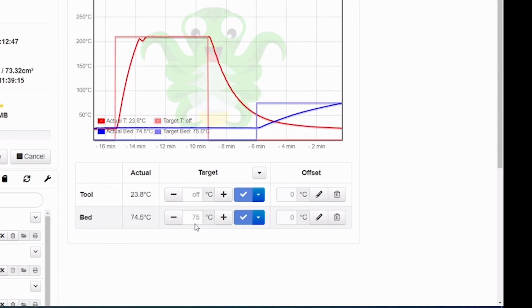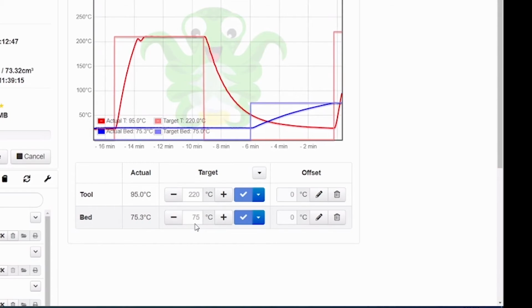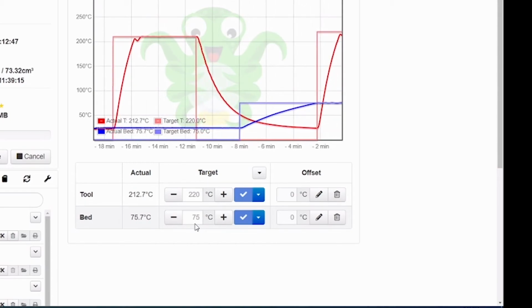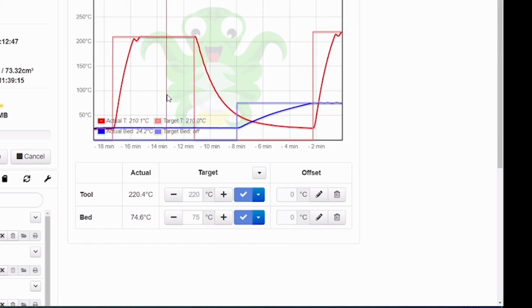As you can see, it's almost to temperature now, and when the build plate reaches the proper temperature, the computer will start the heating process for the printhead, which as you can see is up to 220 degrees, which won't take the printhead very long to reach. The build plate is much larger. The printhead has a very small area that it needs to keep hot, and so that can happen much faster. And it reaches a point where it has to fine-tune it, so the temperature will go down slightly, but then it will come back up to temperature. You see it's made a little loop like that here as well. And once we reach that temperature,